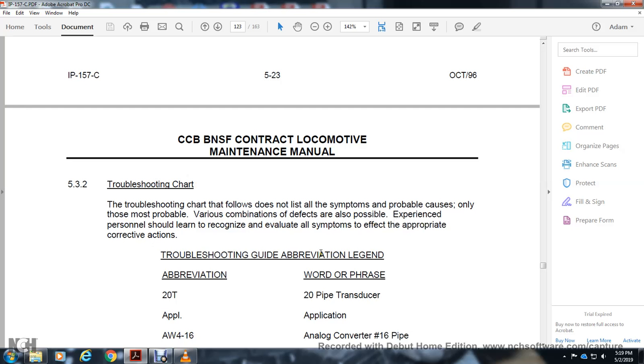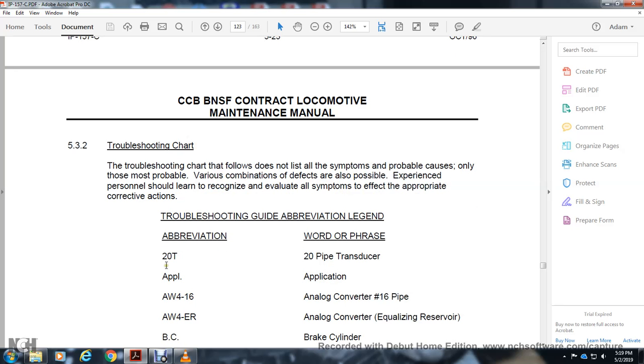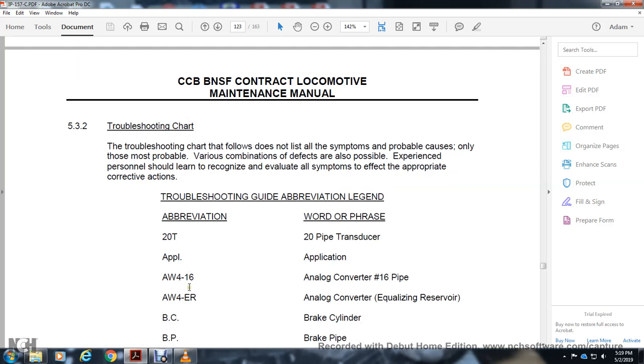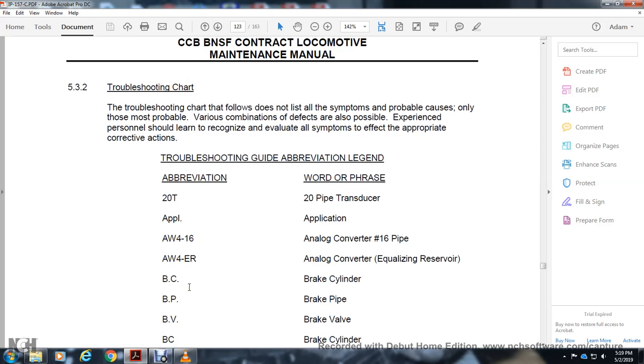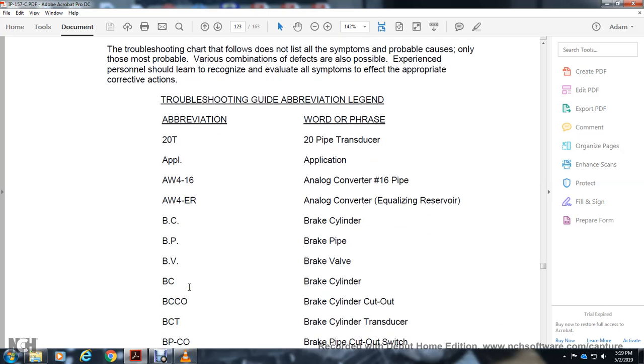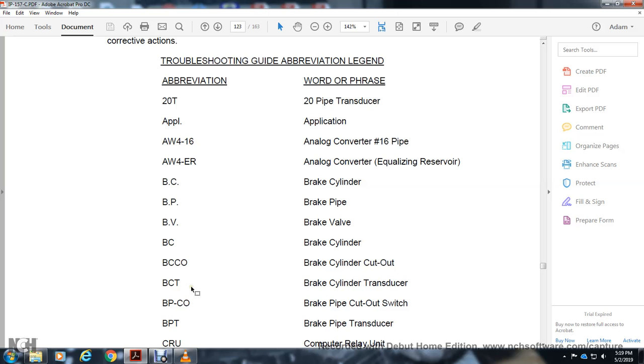Troubleshooting guide abbreviation legend. 20T to 25 producer, APL application, AW416 analog converter, 16 pipe, AW4 analog converter equalizer pipe, BC brake cylinder, BP brake pipe, BV brake valve, BCCO brake cylinder cutout, BCT brake cylinder transducer, brake pipe cutout switch, brake pipe transducer,